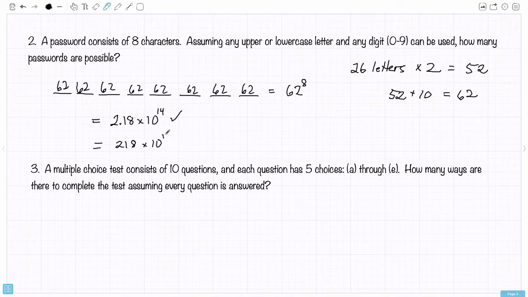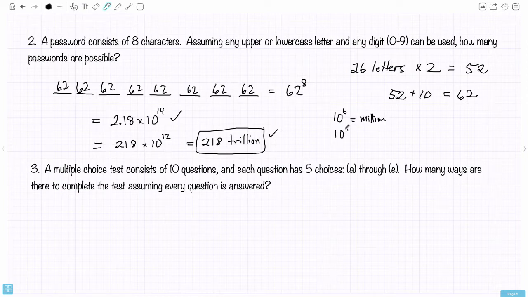And the reason I'm doing that is because I know a word for 10 to the 12. It's trillion. So this is roughly 218 trillion, and it's just fun to recognize big numbers like that. I'll just mention 10 to the 6 is a million, 10 to the 9 is a billion, 10 to the 12. Notice how I'm going up by threes. That is, every time you multiply it by 1,000, there's a new name for the number. So you could say that a billion is 1,000 million, and you could say that a trillion is 1,000 billion,